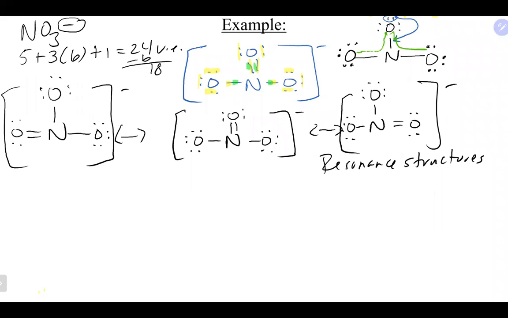So we could draw more than one structure to represent our resonance structure here. If you're not asked to draw a resonance structure, you don't have to draw all 3. Any one of the 3 pictures here would have been sufficient if you were asked just to simply draw a Lewis structure. So any one of the 3 would have been okay. But if you were asked to draw all the resonance structures,